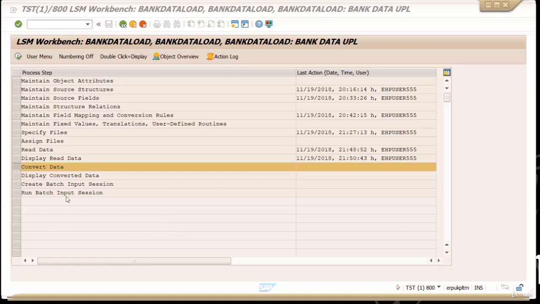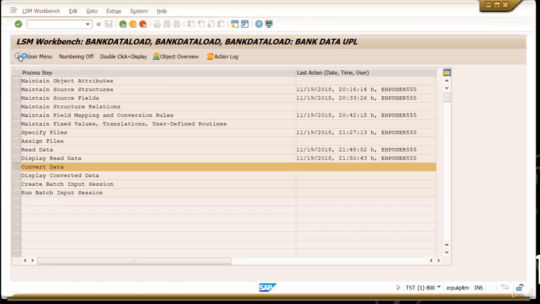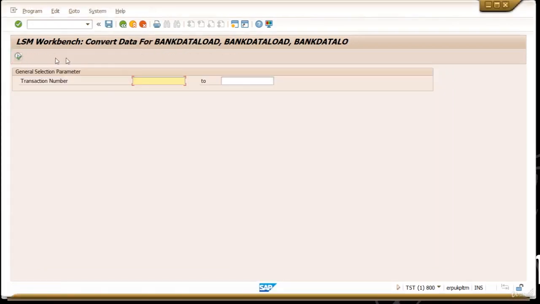Welcome again. In the previous lecture, we looked into the read data and display read data steps in our LSMW. So let's look into convert data. Here we are basically converting the data into our ERP system language or format. Let's execute that. Here again, you get the restrictions if you want a certain transaction number, but